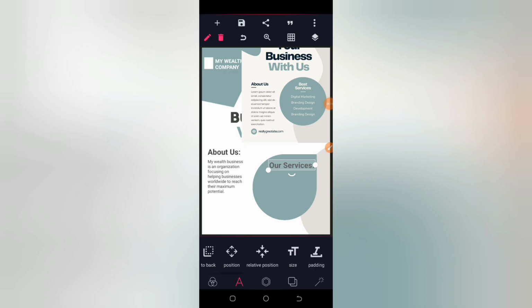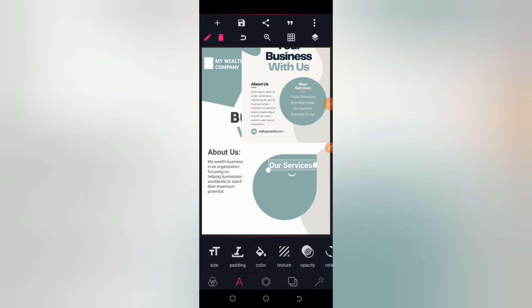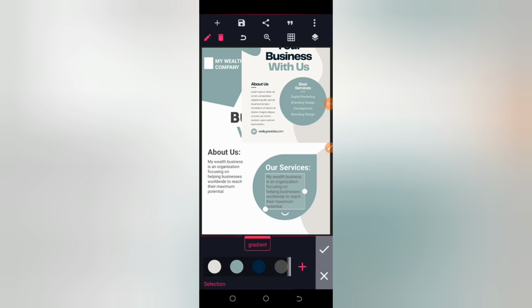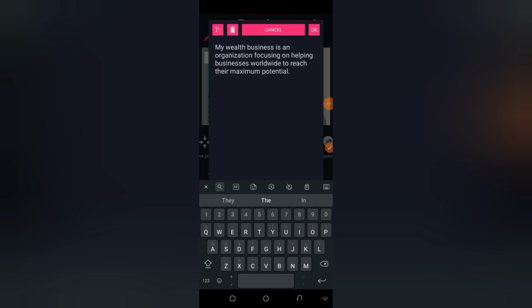Okay, so put the color white. As usual, put the color white, and then use this one. Remember, you can change font too. As you can see, I didn't change much font here, so you can change your font style. Okay, our services. You can put anything: digital marketing, whatever. So that's what this company is doing. Digital marketing,